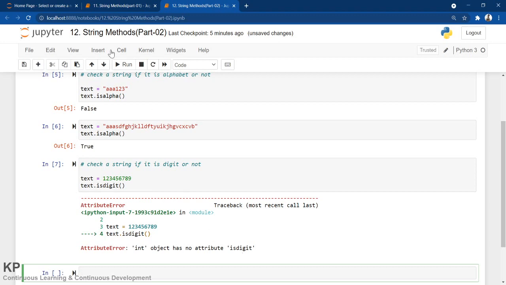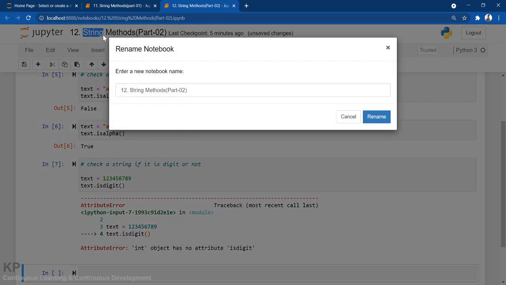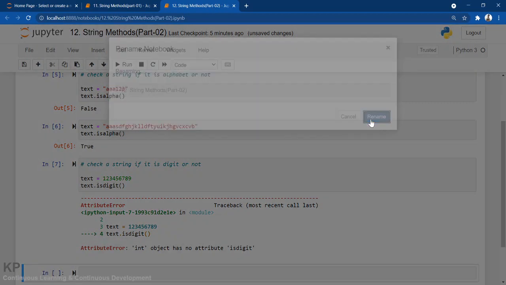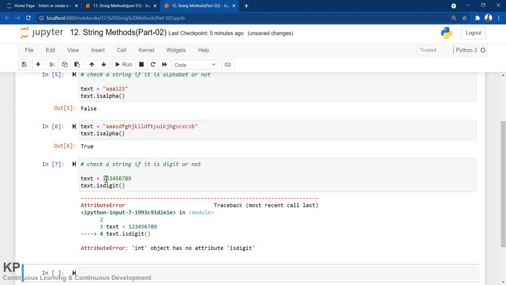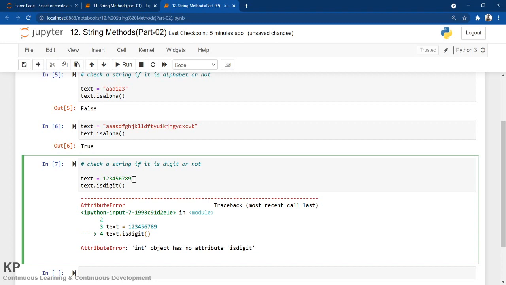Let me tell you, we are working with string methods, so this should be a string. But as I have not given any quotes, either single quote or double quote or maybe triple quote, it is considered an integer, not a string. That's why it says int object has no attribute isdigit.